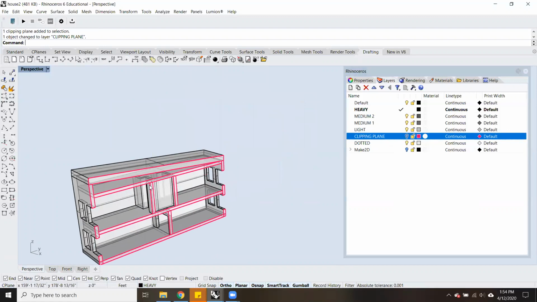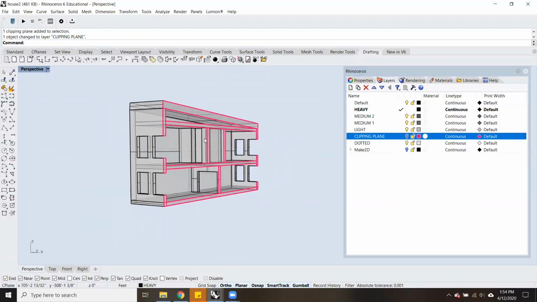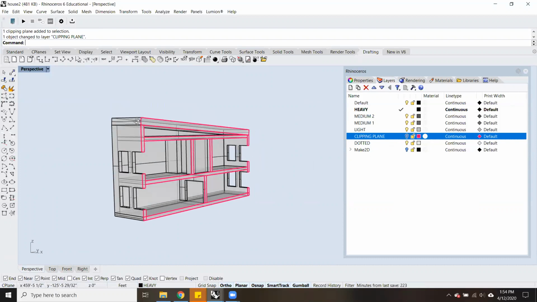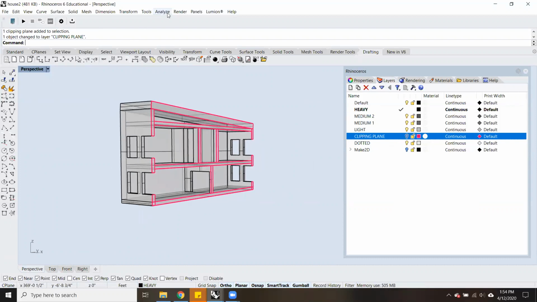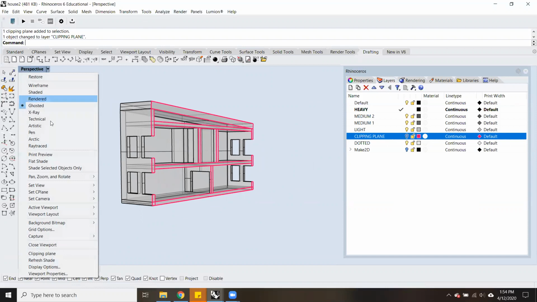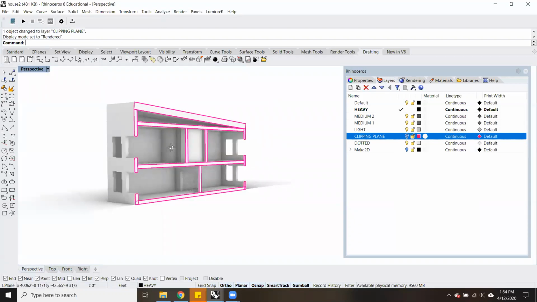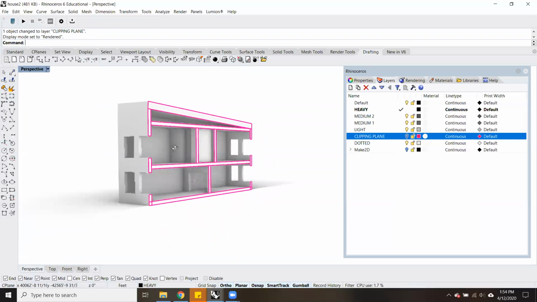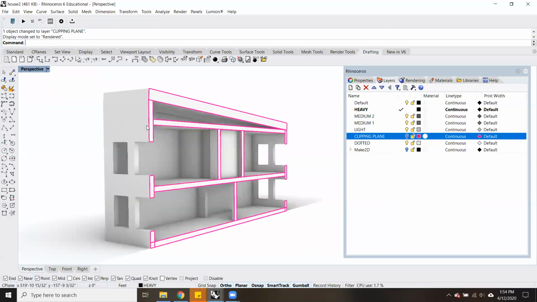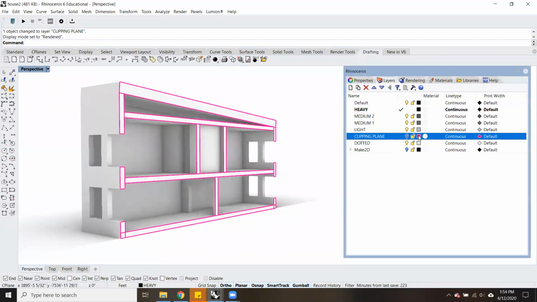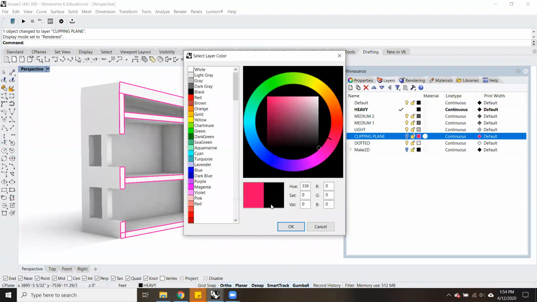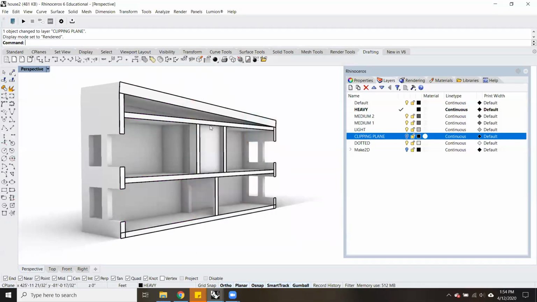So if I want to mess with the render settings on here, I'm going to change this to rendered. And that's basically what it's going to look like. I'm actually fine with that. So it'll have these cuts in hot pink, and I could change this color to black if I don't want something that's quite that punchy. So it kind of shows a really simple clay model with the section cut and the perspective